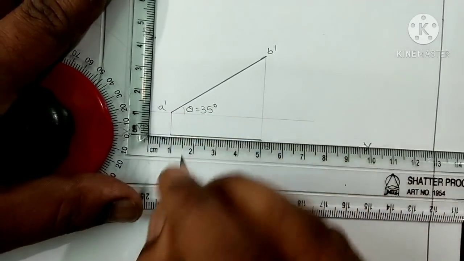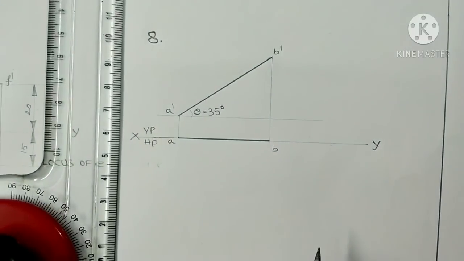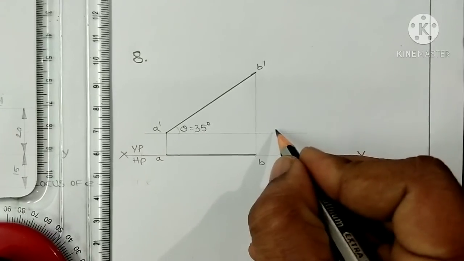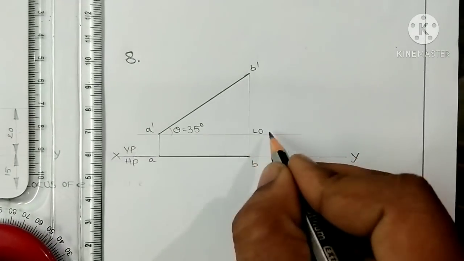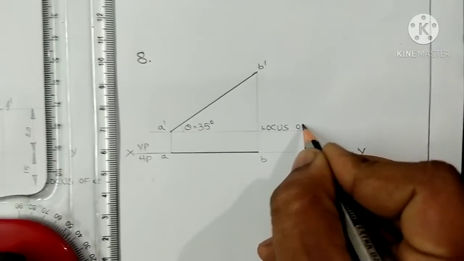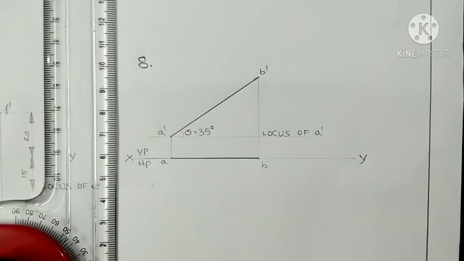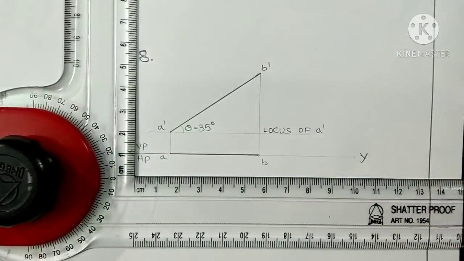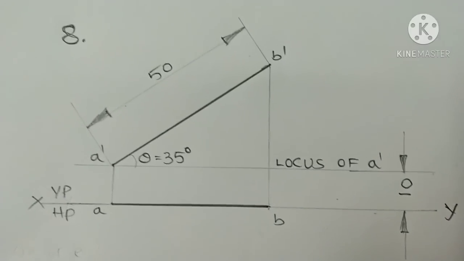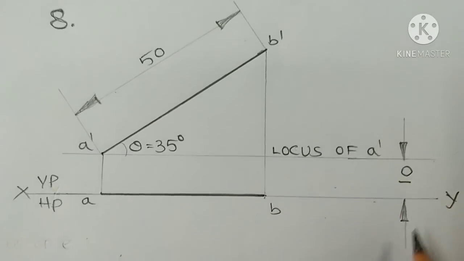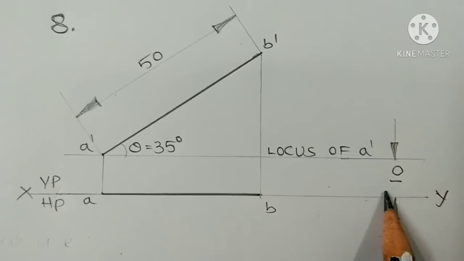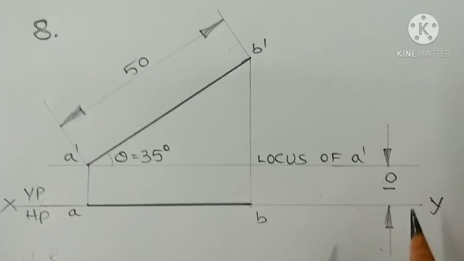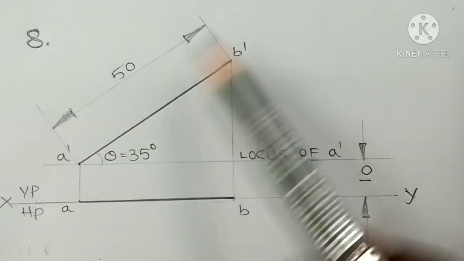Similarly, this is the reduced dimension, and after the construction has been completed, we should mention the locus line. Similarly, dimensions also. Here I am writing locus of A dash, locus of capital letters, and A dash small letter. Next we can show the true length of the line. Finally we can show the dimensions in this way. Locus of A dash. Similarly, this is the 10 mm. This is a smaller dimension, that is why I am showing this dimension by means of outer arrowheads. And here this is the true length of the line.